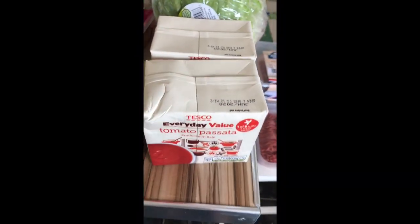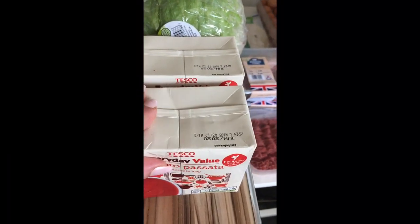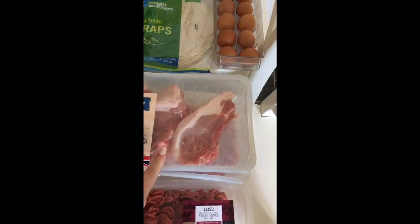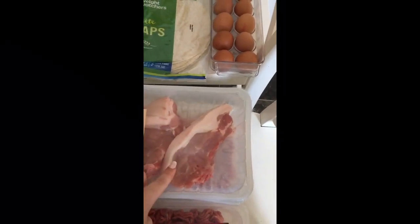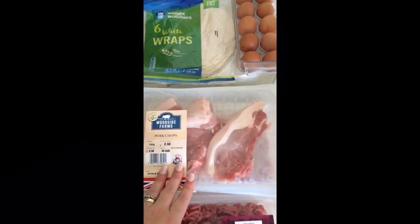And then I bought some passata because a lot of the recipes have got passata in, so I thought I can't go wrong with that. Now moving on to meat, I got some pork chops, but they've come with quite a bit of fat on, which I know you have to cut off. So I'm kind of wishing I'd got the loins now, but this was for